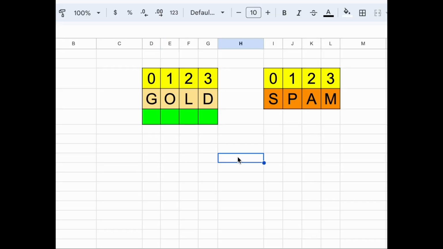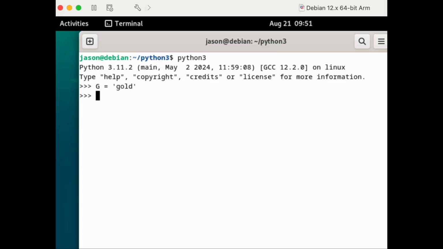One more thing I wanted to mention: indexing itself and slicing, they go both ways. So if G is 0, O is 1, and so on and so forth, we can get into the negative realm as well. D actually starts at the number before 0, and that's -1. So D is -1, L is -2, and then we have -3, and -4. Now let's take a look at Python itself.